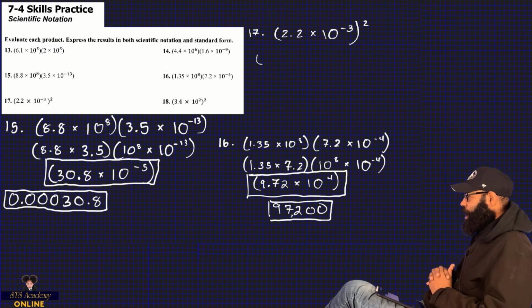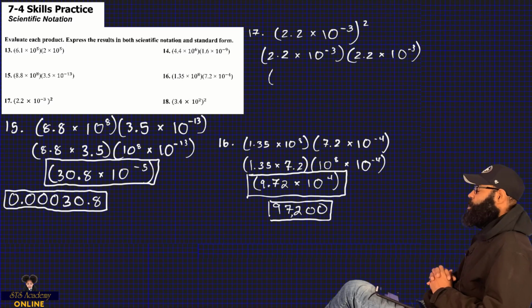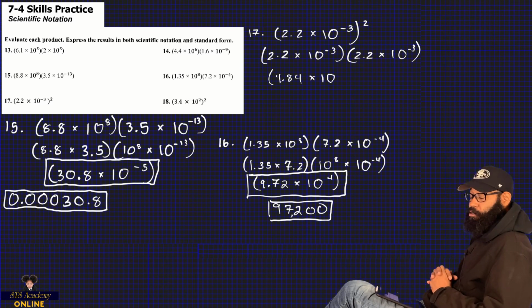17, we got an exponent to tell me I got the same thing times itself. So a good rewrite to make it clear as day. So 2 and 2/10 times 10 to the -3. And why not again? 2 times 2. I'm sorry, 2 and 2/10 times 10 to the -3. So 2 and 2/10 times 2 and 2/10